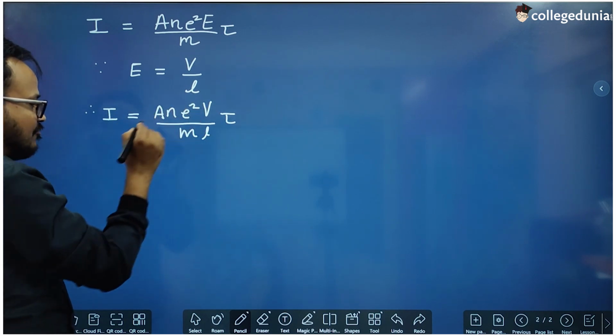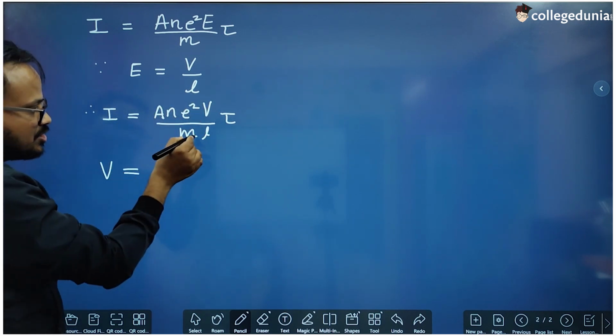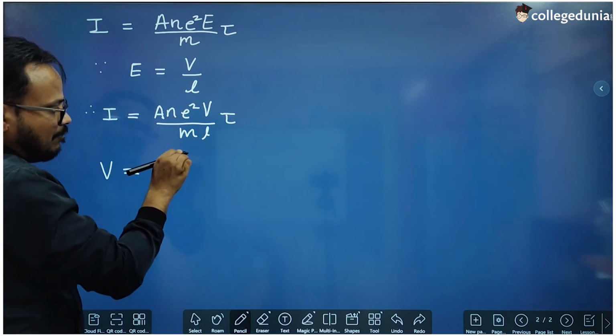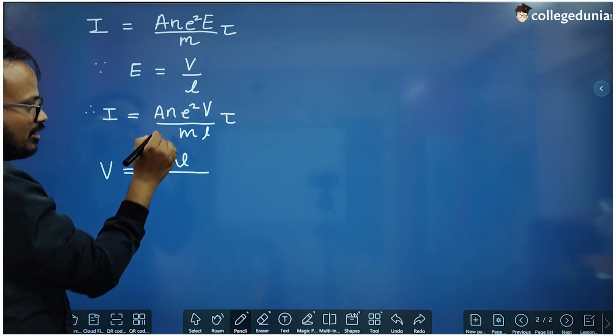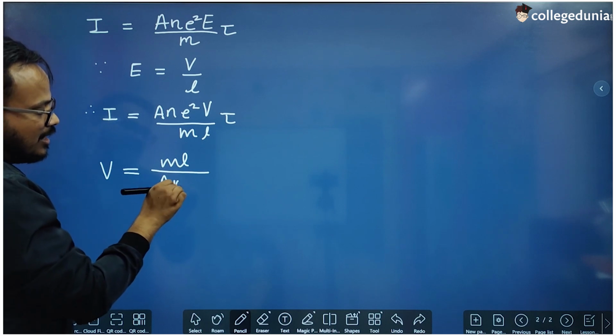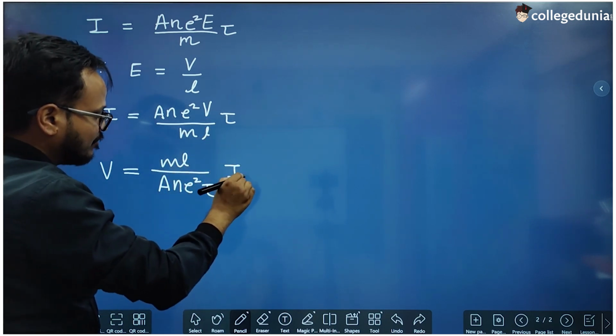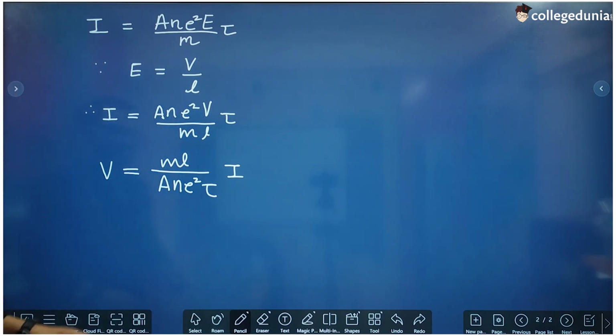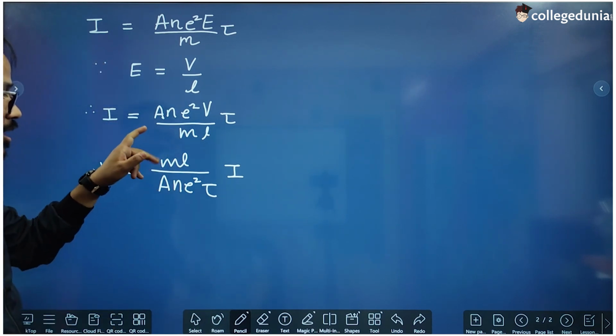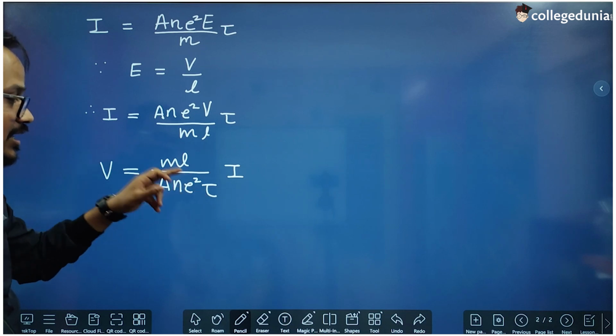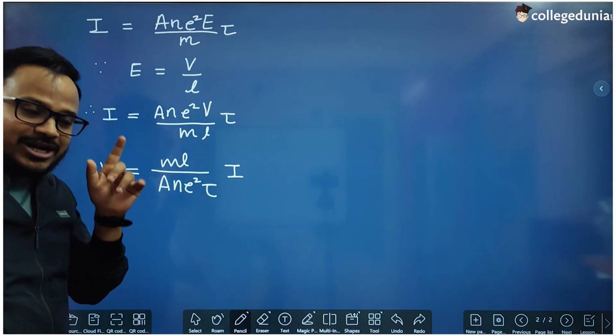So V becomes mL divided by A n e square tau, into I. Now if we look closely, this m, L, A, n, e and tau are constants,